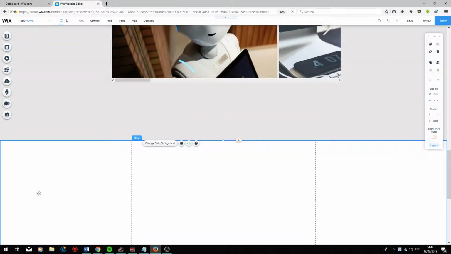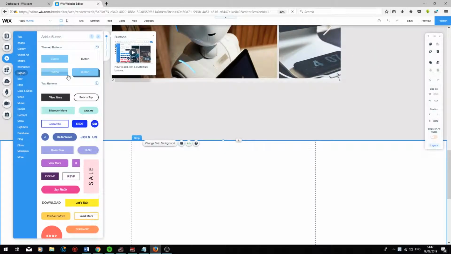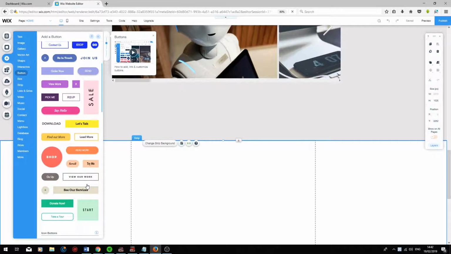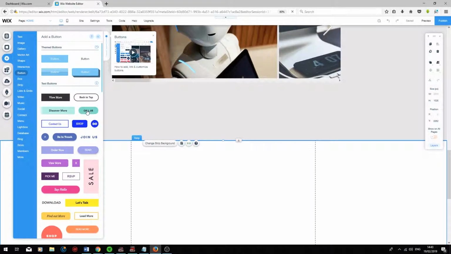So I'm currently in the Wix editor and I want to add a button to this part of my page. To add a button, press Add, go on Button, and you can see a bunch of preset button templates that you can choose from. Buttons are great as they change color when you hover over them, and it gives the user a more interactive feel when they use your website. So I'm just going to choose a button like this. I'm going to drag it in, resize it,